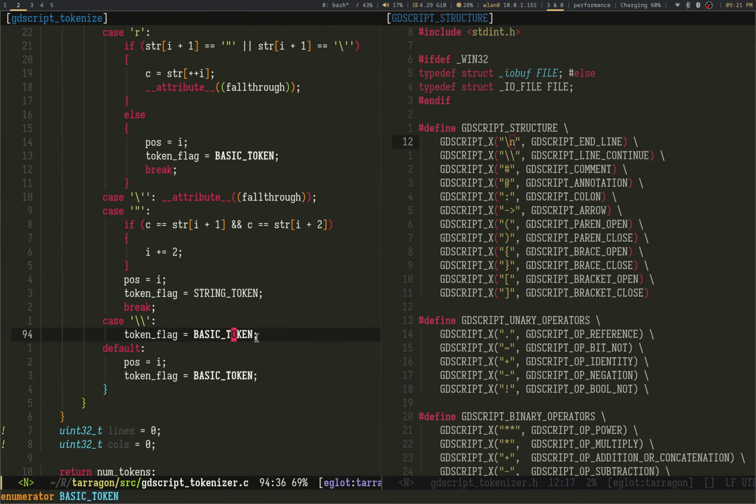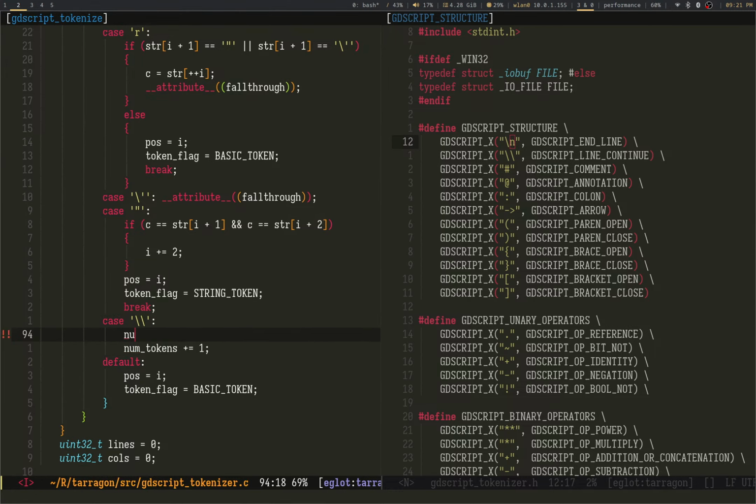So whatever. Tokens, num cars plus 2. Break.